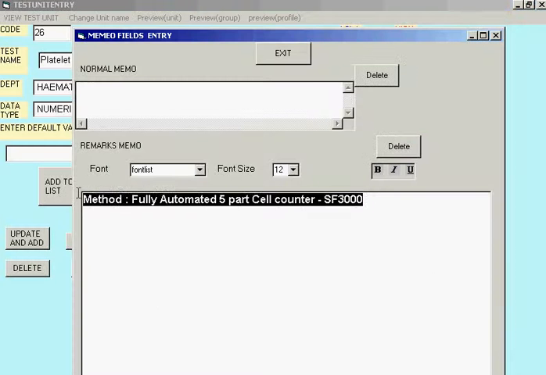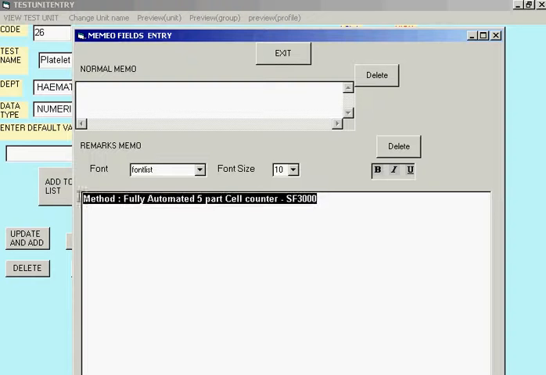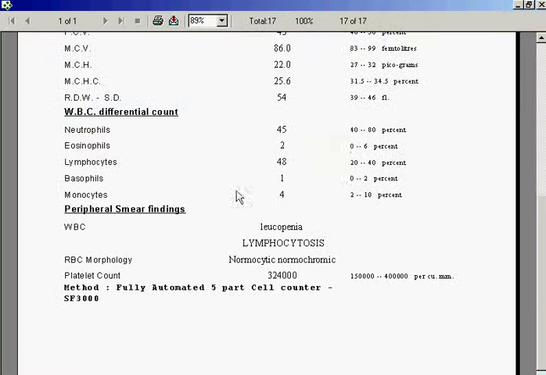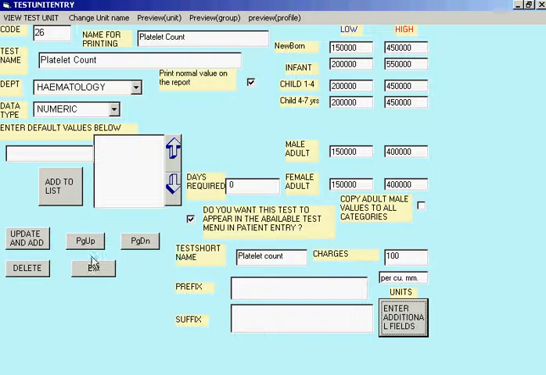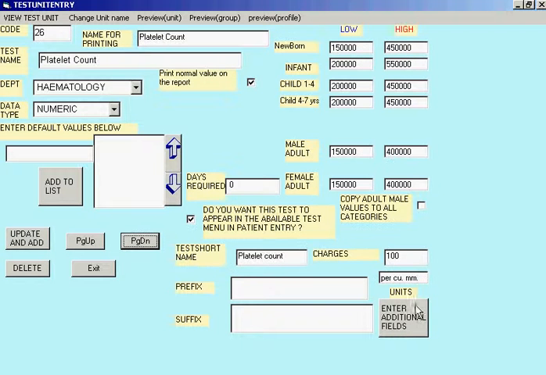We can change the font size by selecting here and clicking on 10, in which case it will get printed smaller. We can also make it bold, we can make it italic, in which case the font will change. We can save it by clicking on exit, in which case we come back to this screen, and we can do a page up and page down to save that particular remark in the italic form. This is the basic